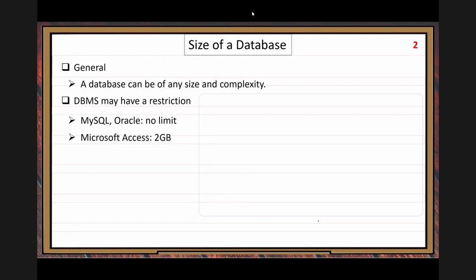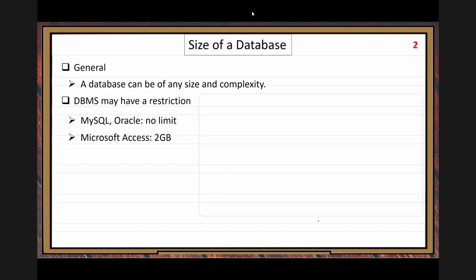But for Microsoft Access, yes, there is a limit. Here it says 2 GB. That is probably some old number. The new number could be a little larger, but still a limit.